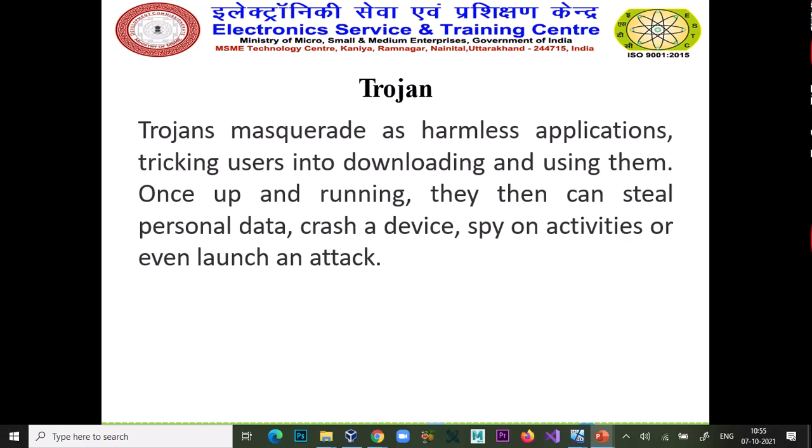In our practical session, we will make a Trojan and install it on any Windows machine and take access of that system. Basically, a Trojan is a kind of malware which is very dangerous in nature, and it can give the hacker complete access to the victim computer.